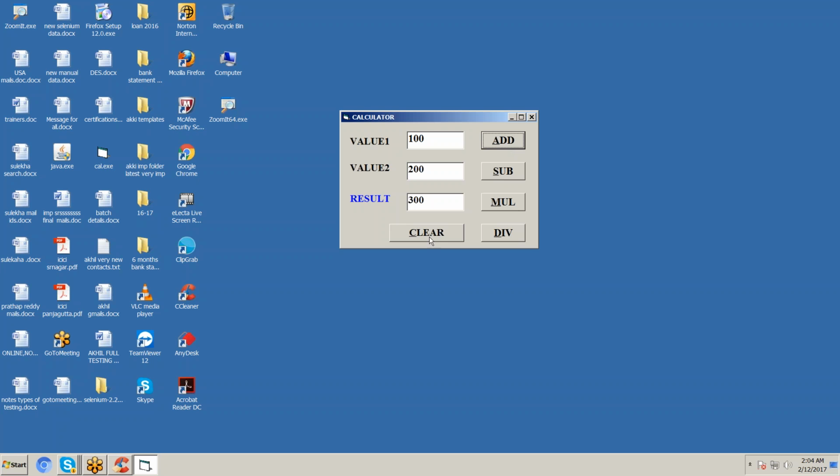Next, suspension criteria. If you take 100 in the place of value 1, 200 in the place of value 2, and click on the add button, and it is not showing any result, no need to test. Stop the process. Why? Because we have taken 100 and 200, and if I click on add, it needs to show some error, some wrong value information, but it is not responding, it is not giving anything. So no need to test, suspend the process, stop the process. You will say one endpoint, that is called suspension criteria. Acceptance criteria and suspension criteria, with examples.